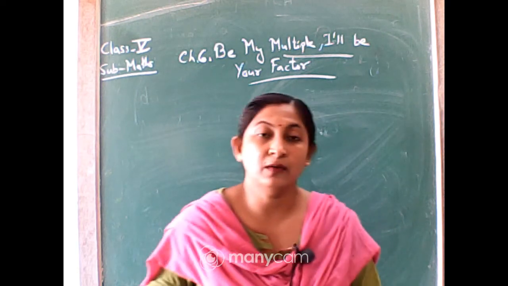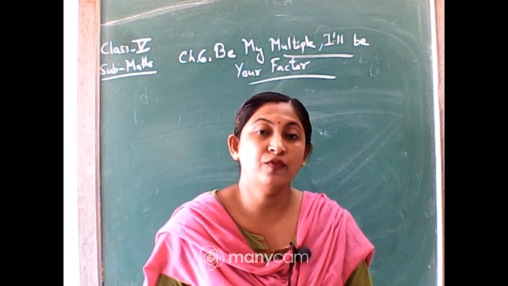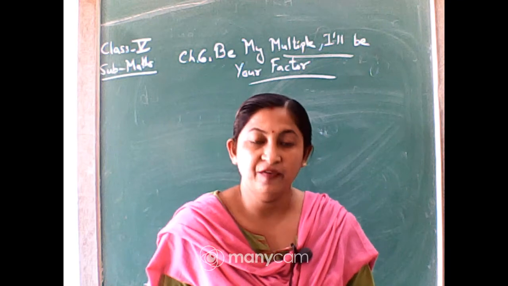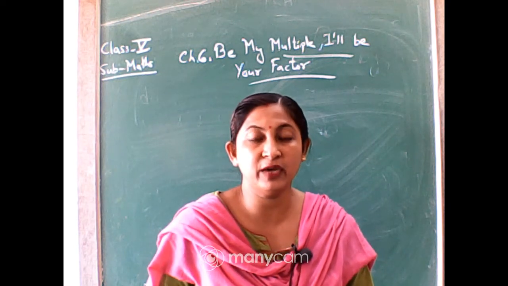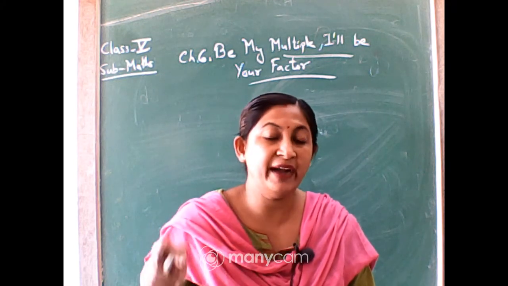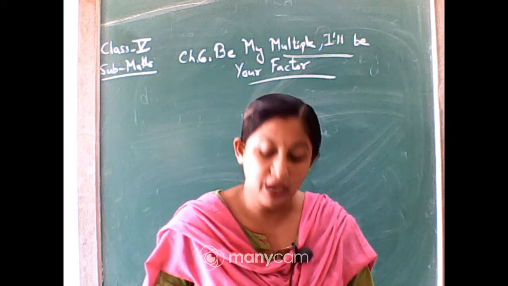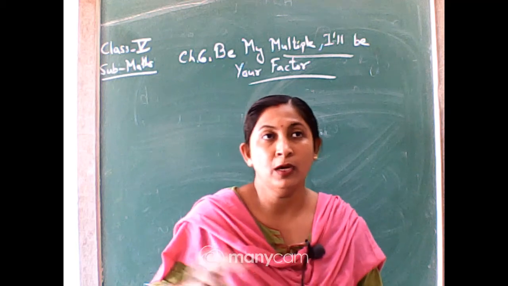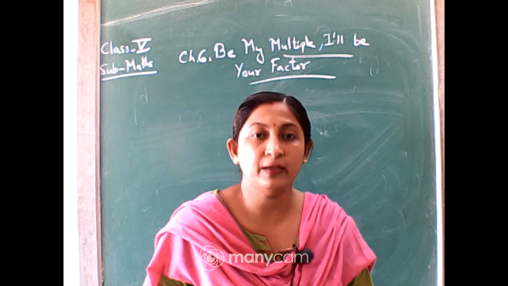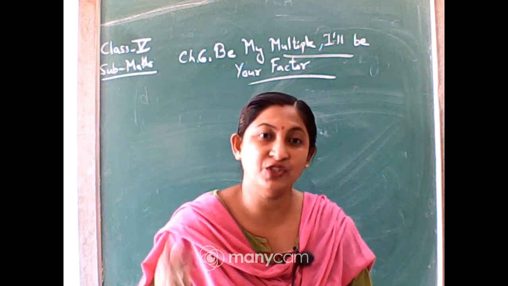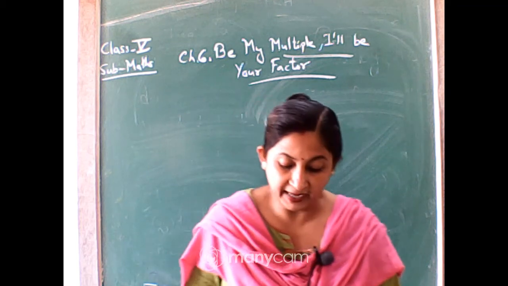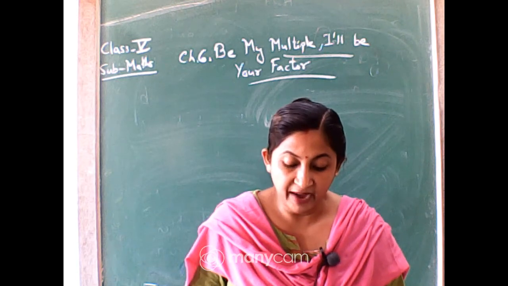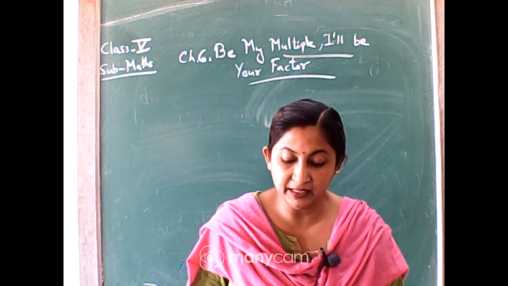But the main thing was that first of all you were finding the factors, isn't it? When you are taking two numbers or three numbers together, that time also you are dividing and finding the factors. So here also you will find the same factors, but you have to draw it in the form of a tree or in the form of the branches of the tree. That's why it is called the factor tree, okay. So see, look at the factor tree. Now can you make another tree like this?